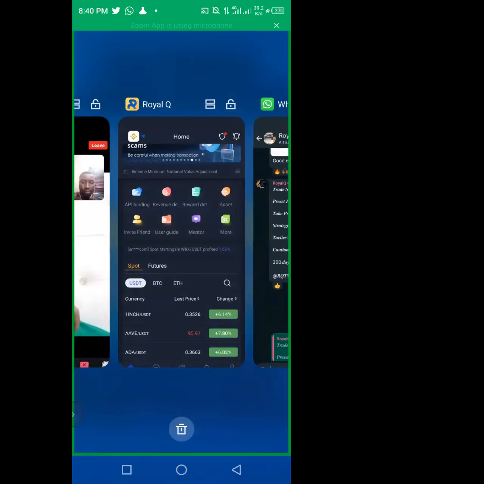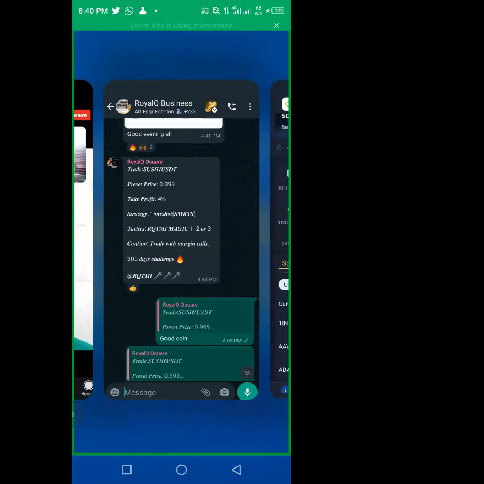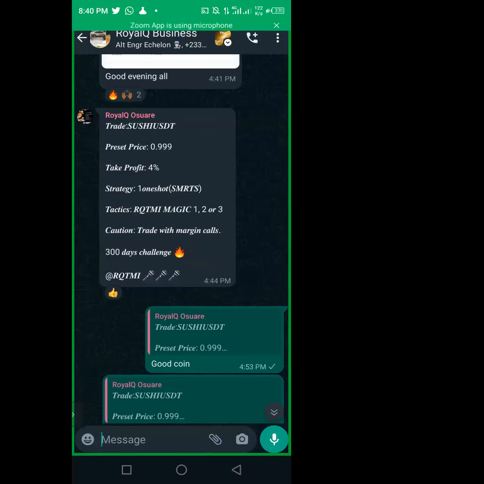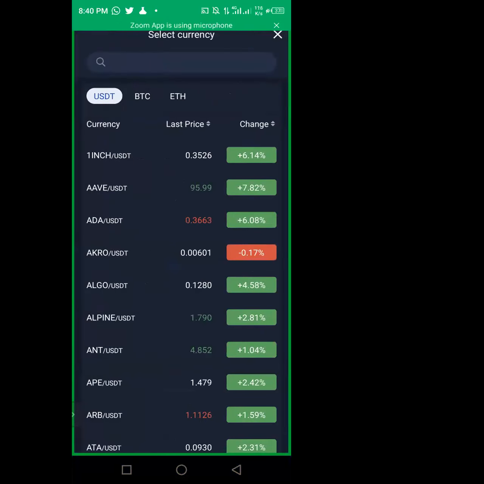I'll give explanation. So for instance, the trade here is Sushi. Once you see this signal, let me explain the meaning of the trade settings first. Then we'll analyze how to enter the one shot. Then we'll also analyze those trading with the bear market settings,